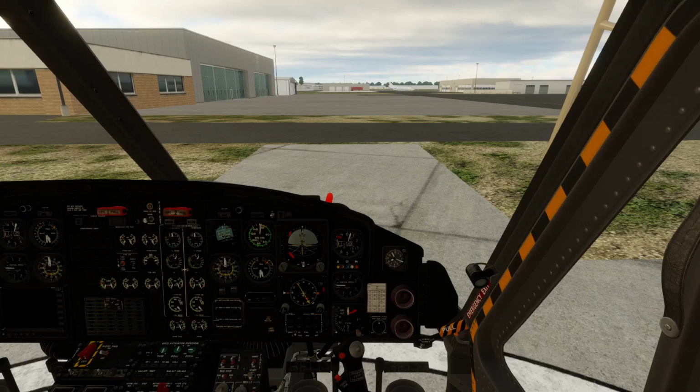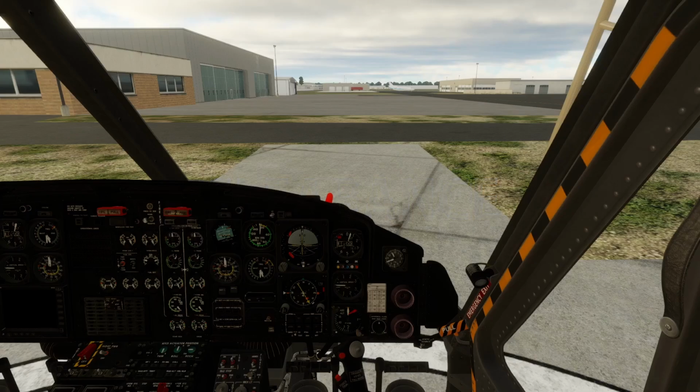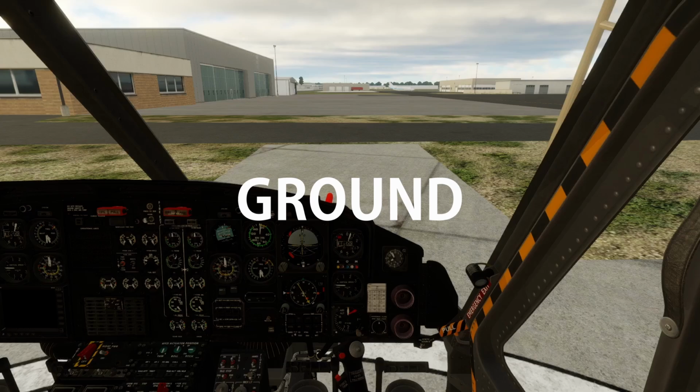So we are going to see the actual communication with ATC, and as usual I will try to keep it as simple as possible. The various controllers you will need to talk to: clearance, to request clearance for a VFR or an IFR flight to your destination. Note that at some airports you need a clearance before starting your engine too, and you have that information on the airport chart. And then you have ground control, which is responsible for all ground movement at the airport,